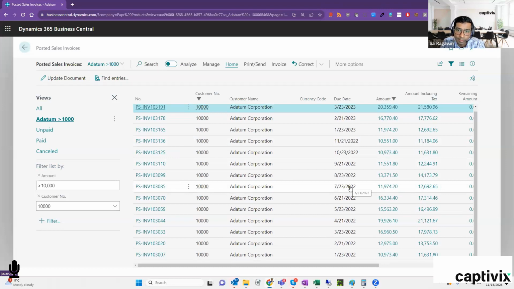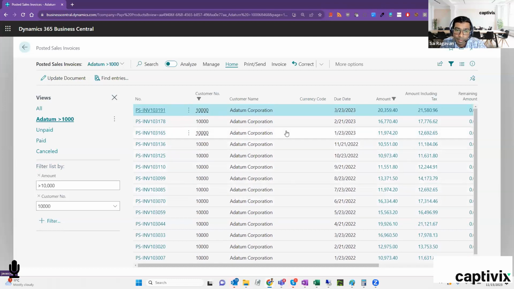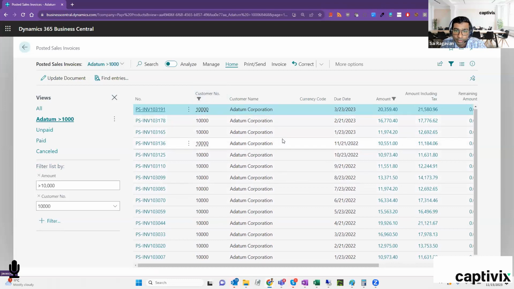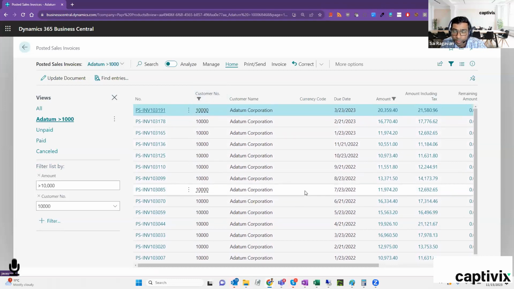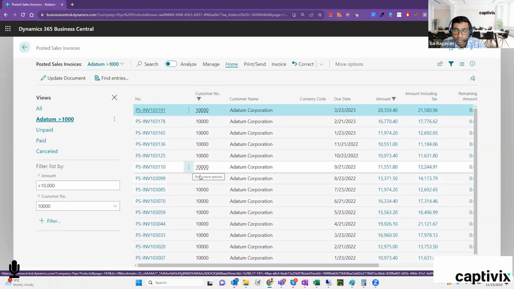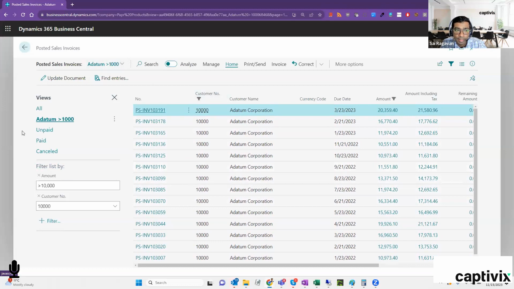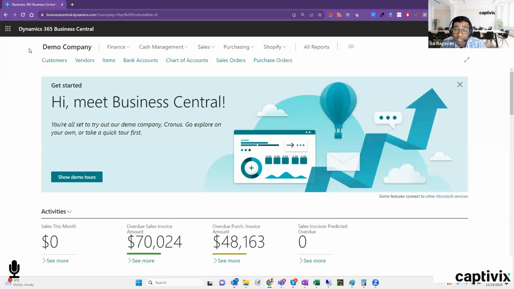So if you run this a couple of months later, it might not be the same lines, right? You might be seeing a few lines, actually a lot more lines because this is archive data. So right now it might be showing 20 lines, maybe in a few months it might be showing 50 lines, right? So this is a dynamic report, which is a really handy tool for analysis. And this feature is again available almost on any list page that you can go into. So you really don't need any reports to build in Business Central,